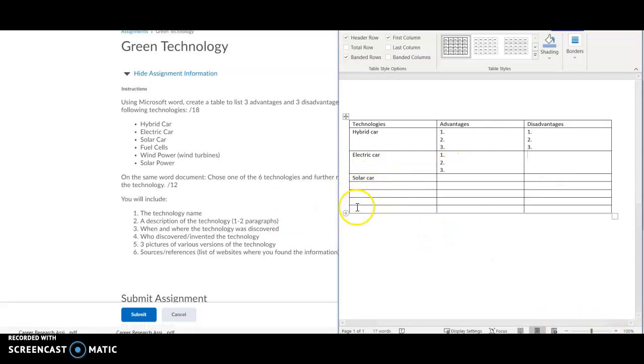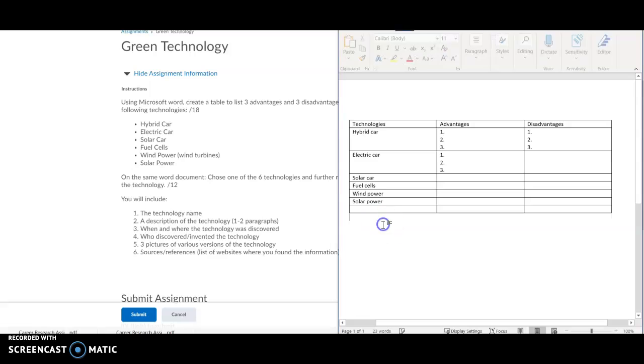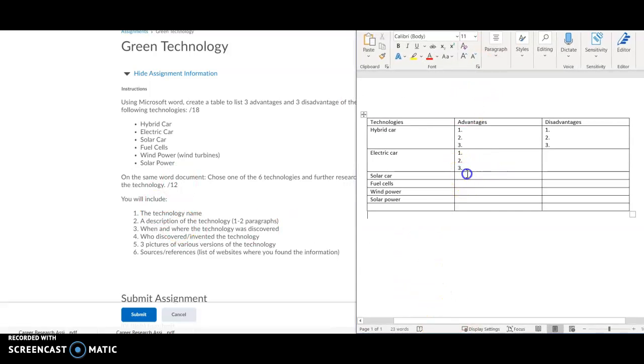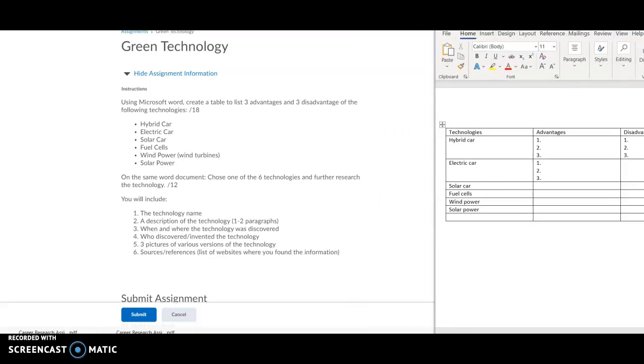And then, after you have all these technologies listed with their advantages and disadvantages, wind power, solar power, okay, the next part is underneath here. Once this is all complete, on the same Word document, you're going to choose one of the 6 technologies and further research